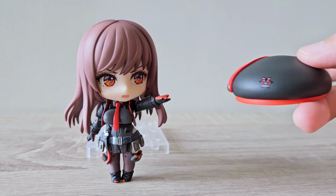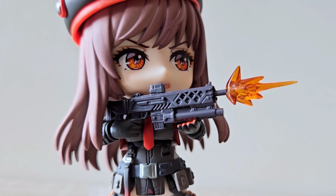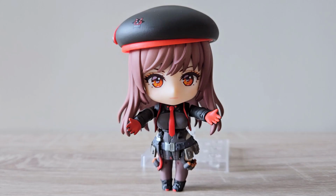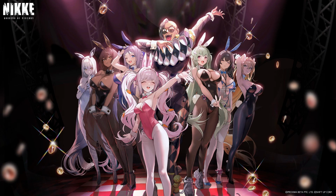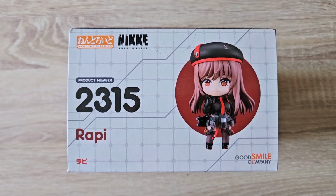This is what happens when your favorite franchise doesn't have any articulated figures. You start buying other random things. No scales though, can't afford that. So while we're waiting for this, and hopefully more, we'll be taking a look at Nendoroid 2315 Rapi from Nikke